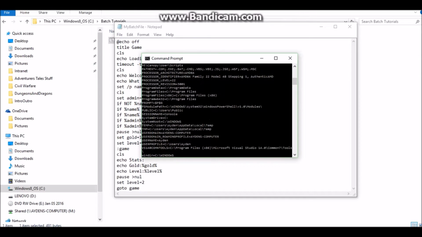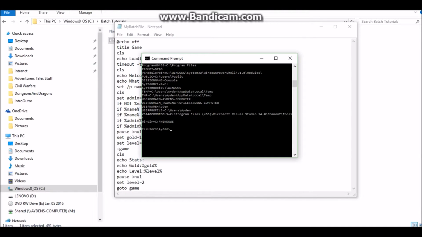By the way, do not try to overwrite environment variables. It will not end well. Like, set username equals to something else. Your computer might crash. Anyway,